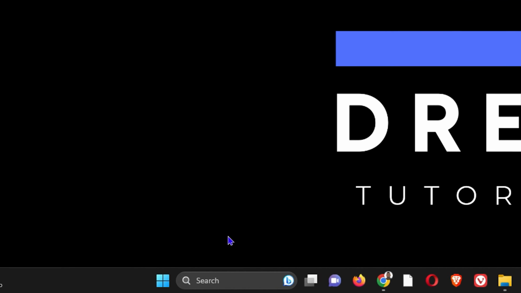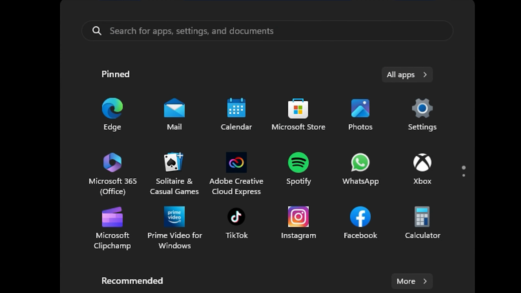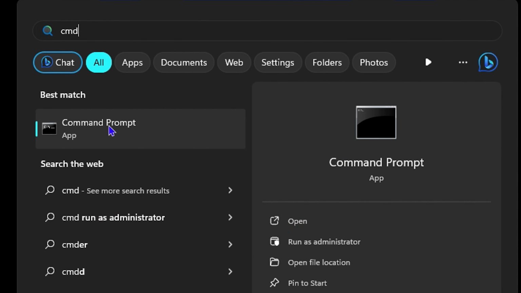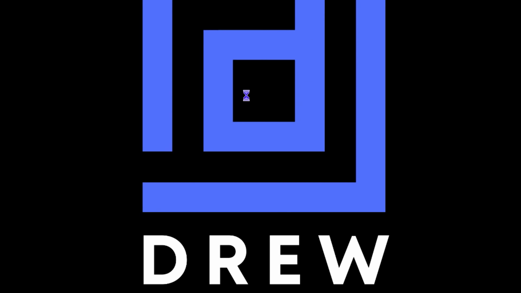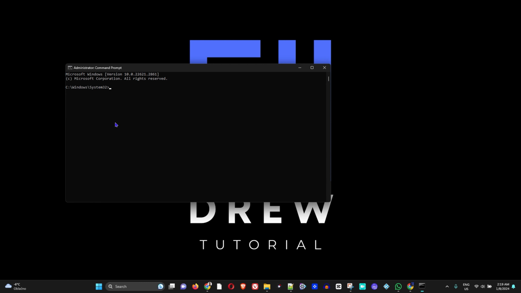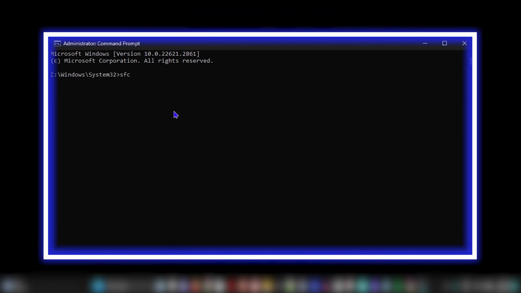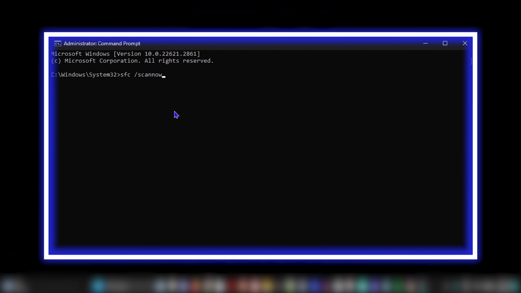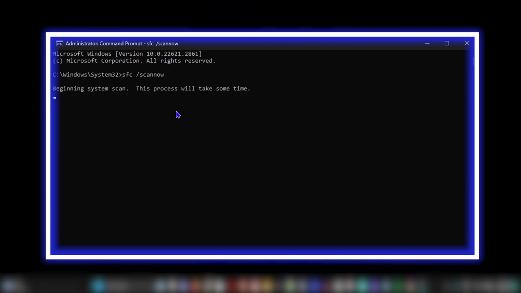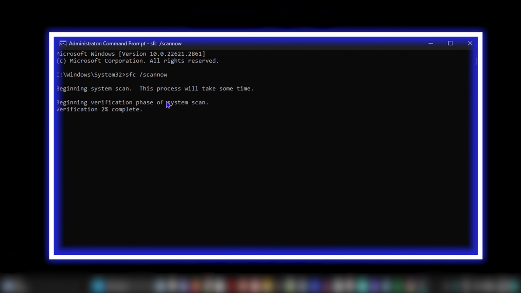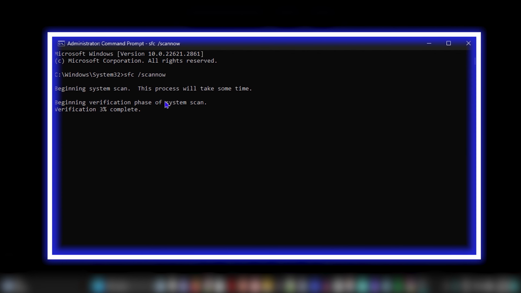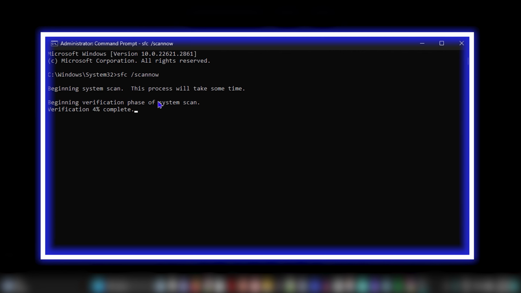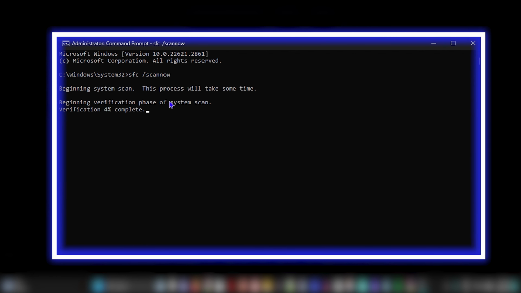As a bonus tip as well, you can also click on the Windows key again and type CMD. Then you want to run this as administrator, right? Go ahead and select Yes. Then you want to type sfc /scannow, and run this SFC scan now. This will do a scan on your computer, and if there are any issues, it will fix them. Now once this is done as well, you want to restart your computer,